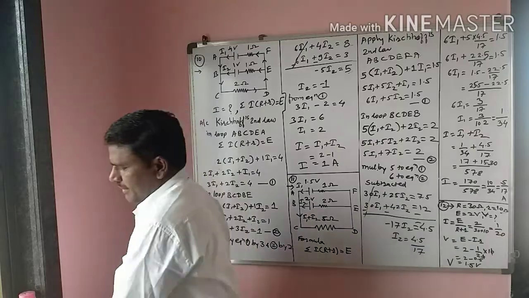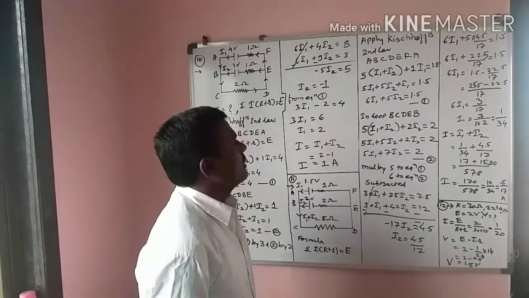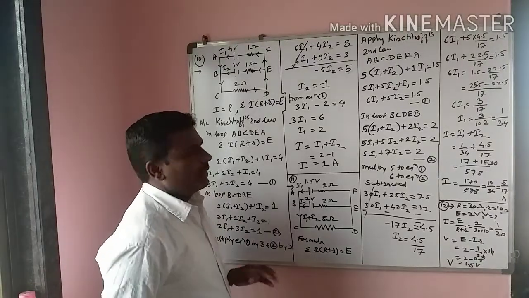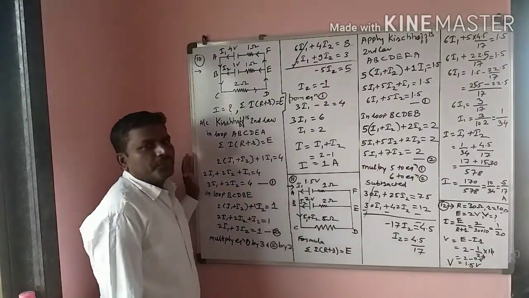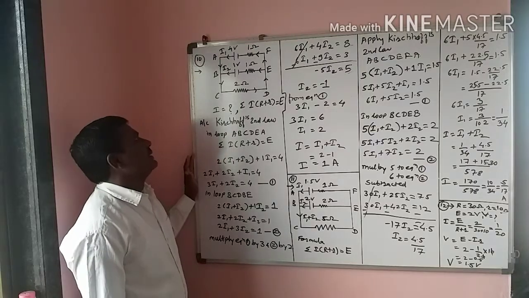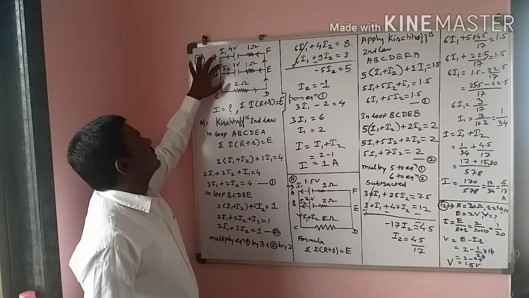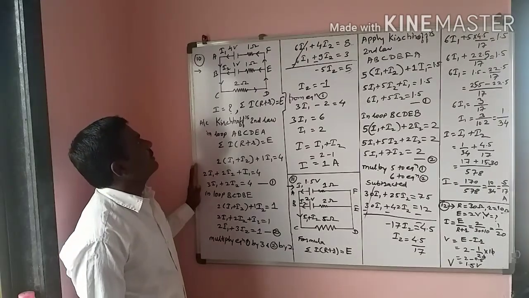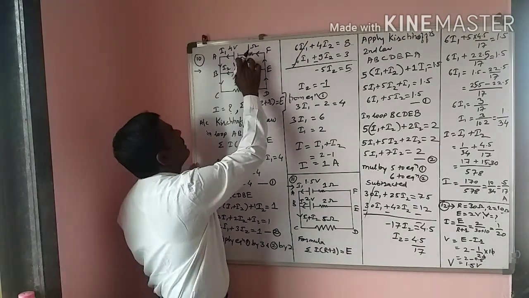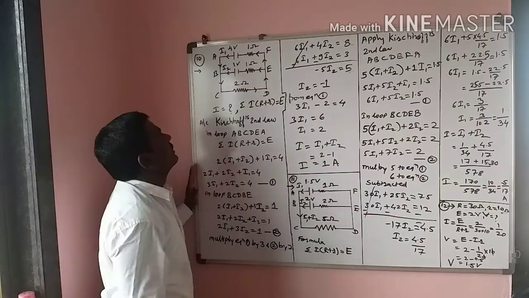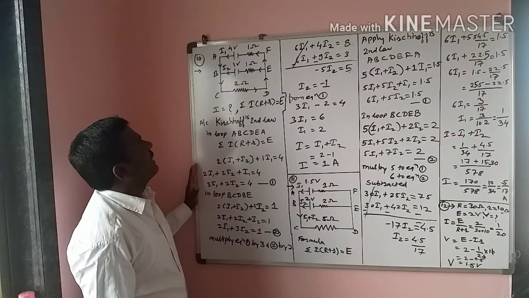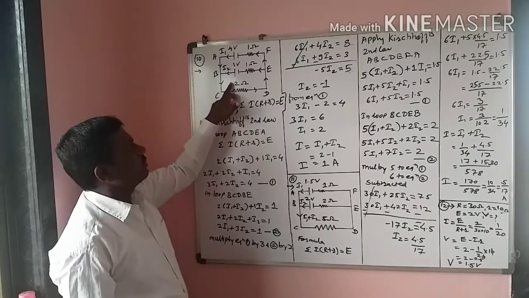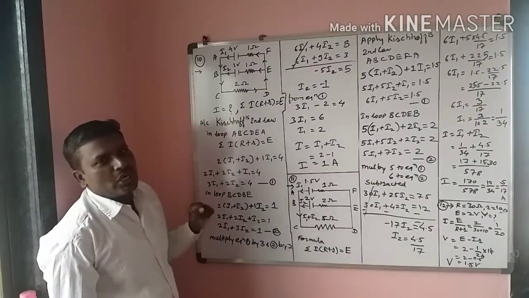Dear friends, today we solve the unsolved problems which are given in the textbook. In that, the first problem, two EMFs are given with internal resistance 1 ohm and 1 ohm, with EMF 4 volt and 1 volt. They are connected in parallel with external resistance 2 ohm, and find out the total current